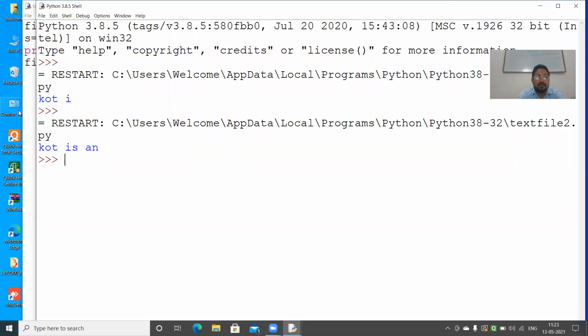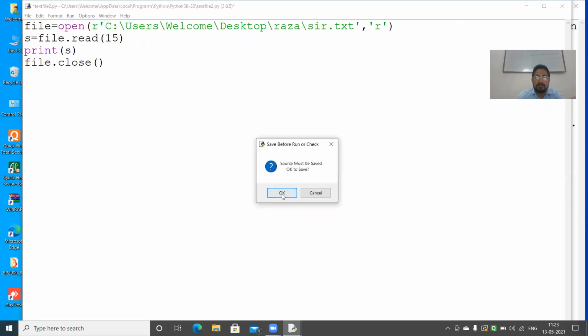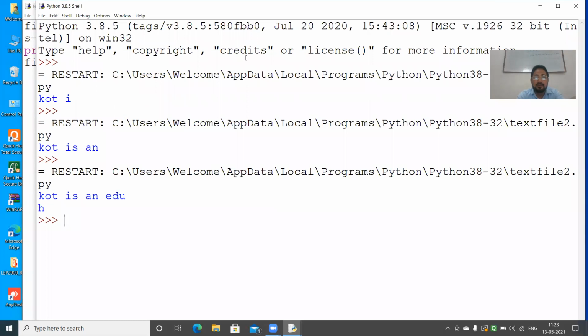If you give 15 bytes, now a few more things I am going to teach you here. Understood? Altogether 15 maximum, not more than that.